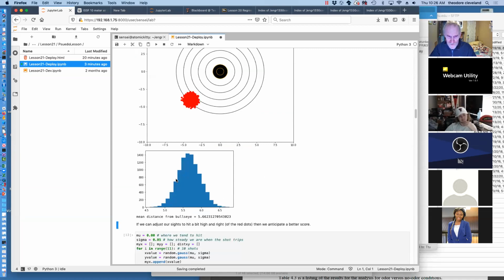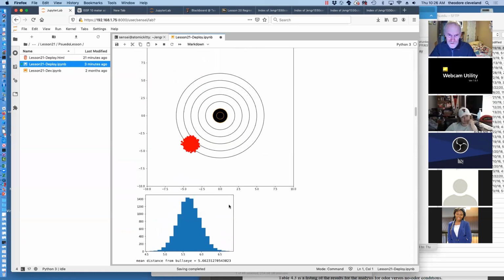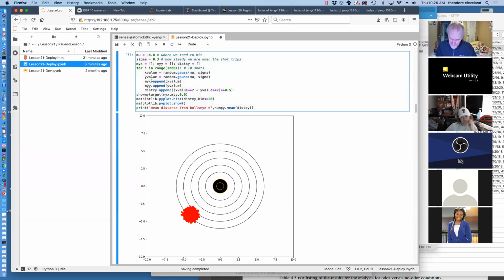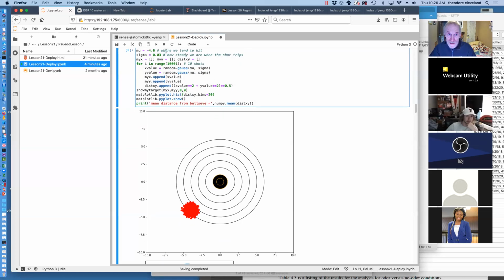In terms of our distributional nature, the mean distance from the bullseye has moved a bit, but as we increase the precision, this histogram is going to get tighter and tighter. And since this is a game, we can easily increase the precision. Let's say we increase our precision metric tenfold. We get 10 times more precise,